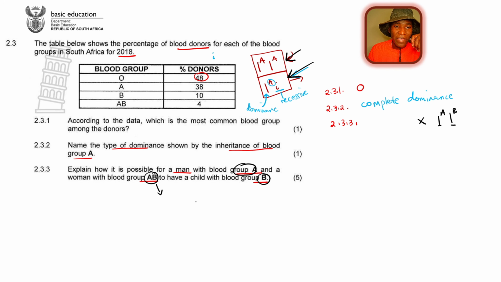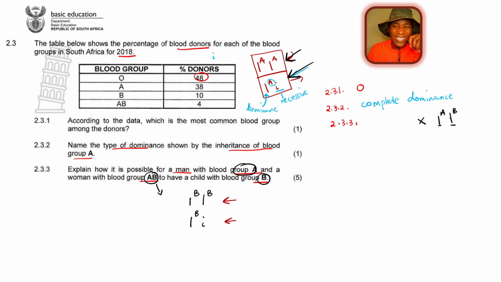And for you to have blood group B, you must have a case like this. For you to have a blood group B, this must be the genotype, or this one must be the genotype. So there are 2 options. So now if this child has to have a blood group B, it's either she can have the first genotype or the second genotype. Okay, we are sure that each allele is inherited from each parent, one allele from one parent.